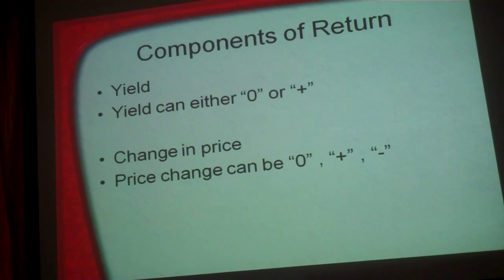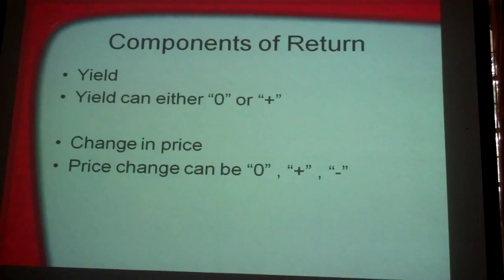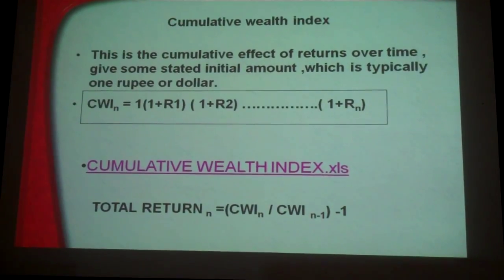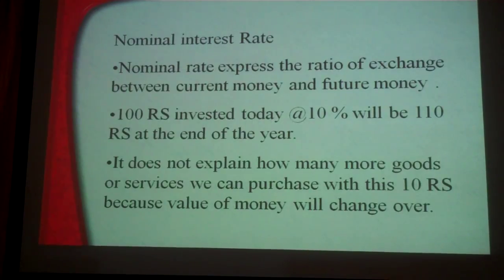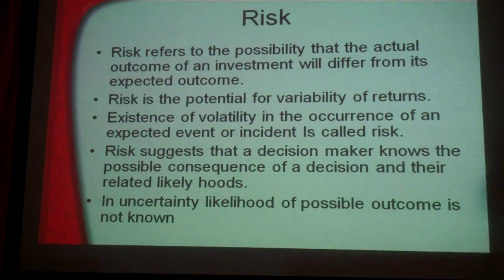Okay. For fixed assets, it is 3 years. For land, building and other things, if you hold for 3 years and above, it is long-term capital gain. If it is less than 3 years, it is short-term. Whereas for shares, 1 year. Okay. Financial assets. So did you understand this component? Yield can be 0 or plus, whereas change in price can be 0, plus or minus. I bought at 100 rupees and now it is trading at 80 rupees. So my returns can be even negative here. Okay. So that is returns.